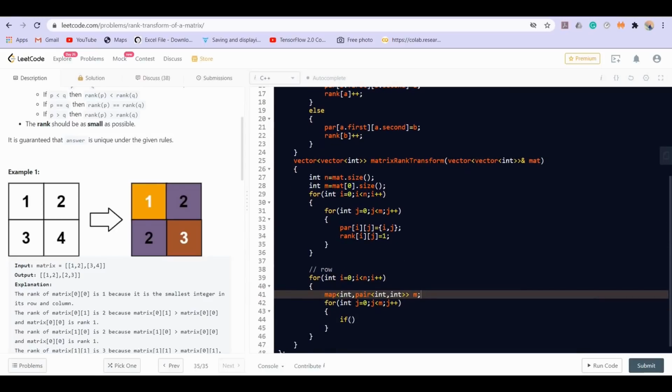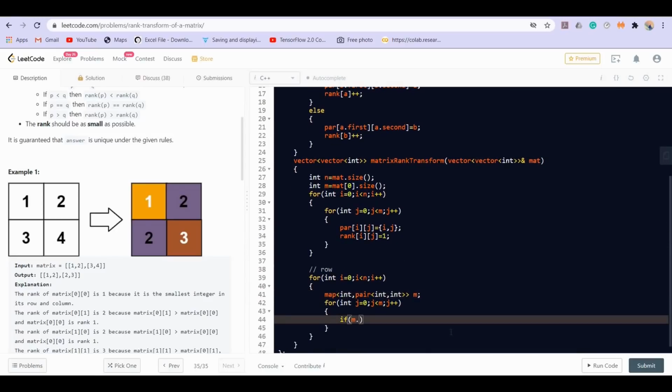So if m dot find a particular value, matrix of i comma j, if this value is already present inside the same row, in the same row i,